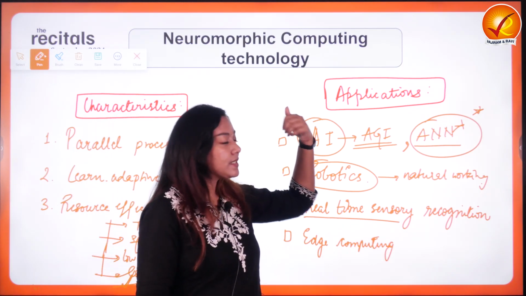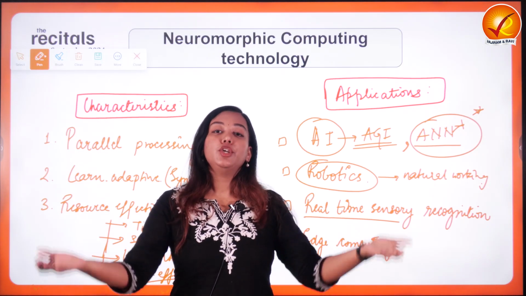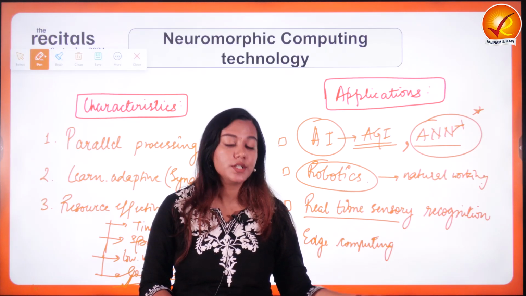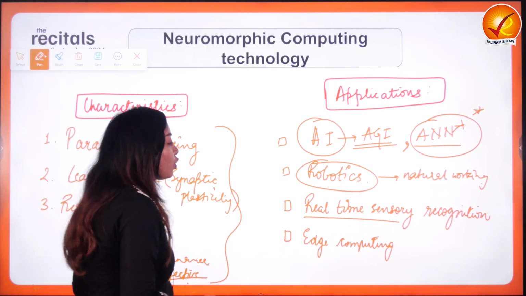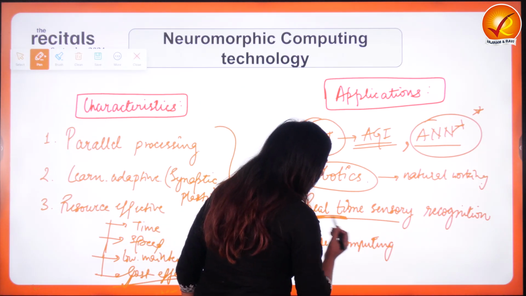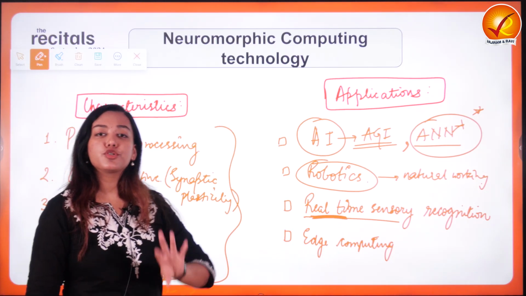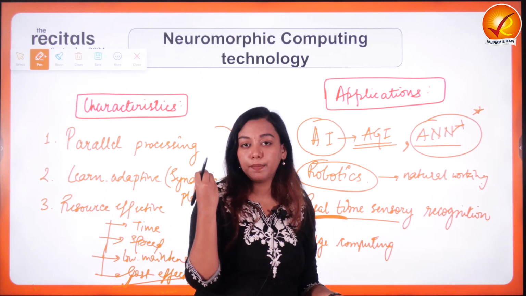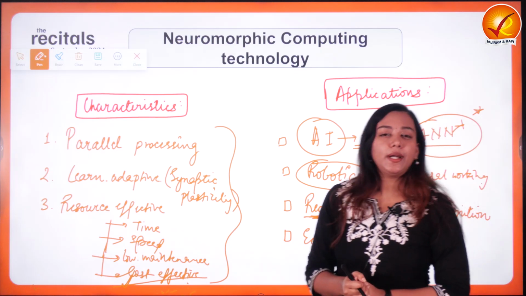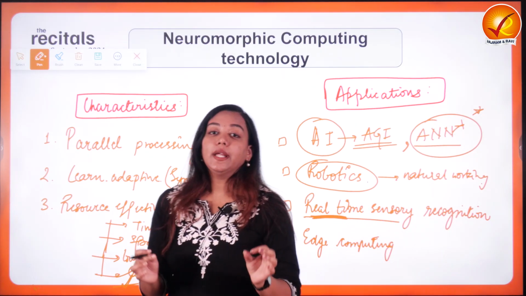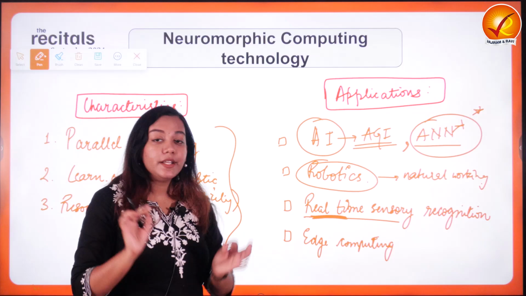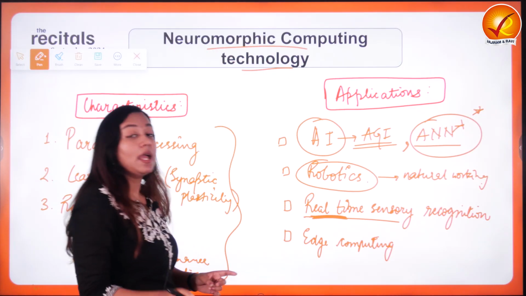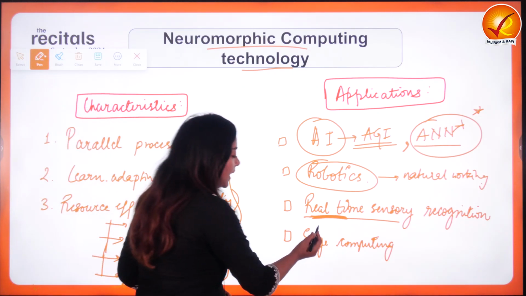Not only is this computing technology able to process a huge amount of data within itself as compared to the existing artificial intelligence technology, but at the same time, it is also able to create real-time data, real-time recognition of almost all the senses. So, the functioning of the Internet of Things, a question that was asked in the PYQ of I think the year 2019. So, IoT is going to see the brightest future if it is augmented with neuromorphic computing technology. Coming to IoT, IoT also utilizes edge computing.